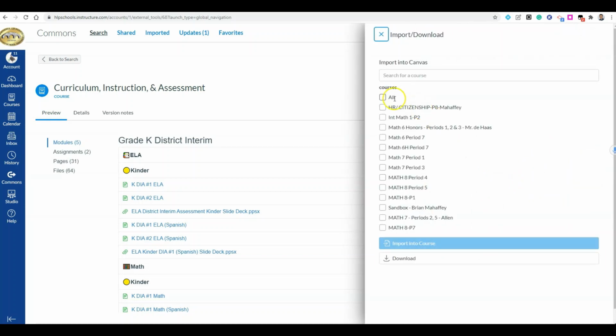Now it asks me which of my courses I would be interested in downloading into. We highly recommend that you import into a course that is not enrolled with students, so not your typical courses. Instead, maybe your sandbox or possibly any other courses. Now, go ahead and click which course you'd like to import it into, and then at that point, go ahead